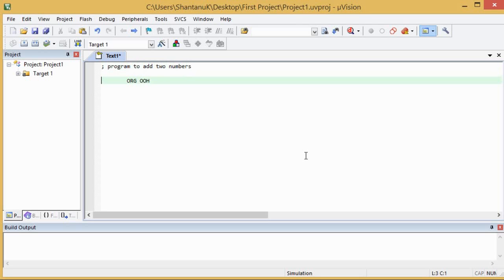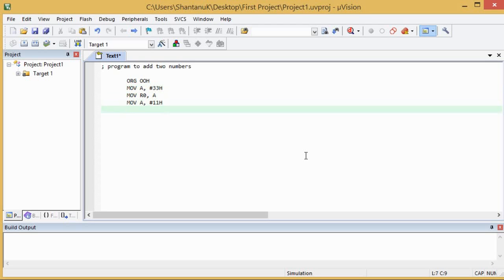After this ORG 00h, I will take a number, let's say MOV A, #33h. After that I will move that 33h into some register, let's say MOV R0, A, moving the content of the accumulator, that is 33, into R0. Then MOV A, #11h.